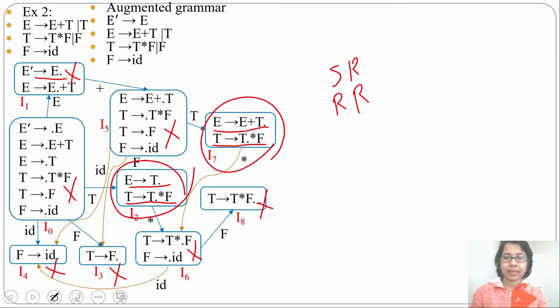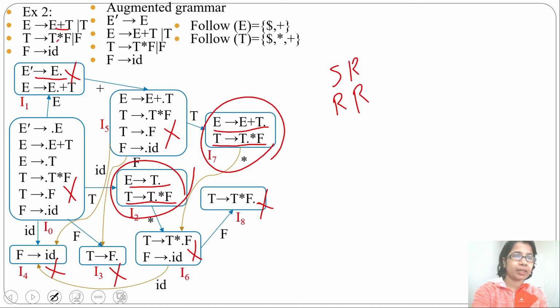Let's see whether in SLR grammar there is a conflict or not. For doing the SLR parsing table, first we need to find Follow of the LHS side variables. So what will be Follow of E? Follow of E will be plus, and as it is the start symbol, it will also have dollar. Then Follow of T will be multiplication, and Follow of E. Follow of E is plus dollar, so it will be plus, multiplication and dollar. Next, Follow of F will be Follow of T. Follow of T is dollar, multiplication, plus.